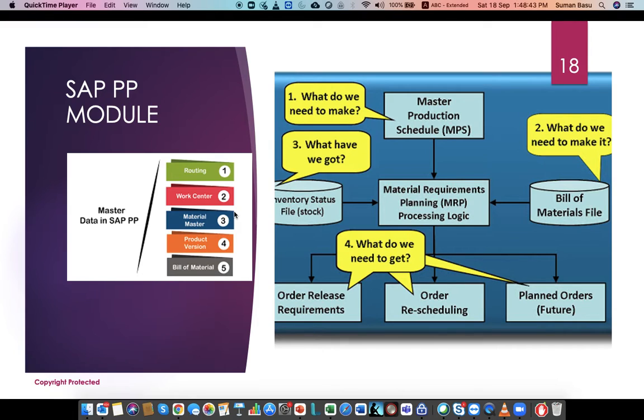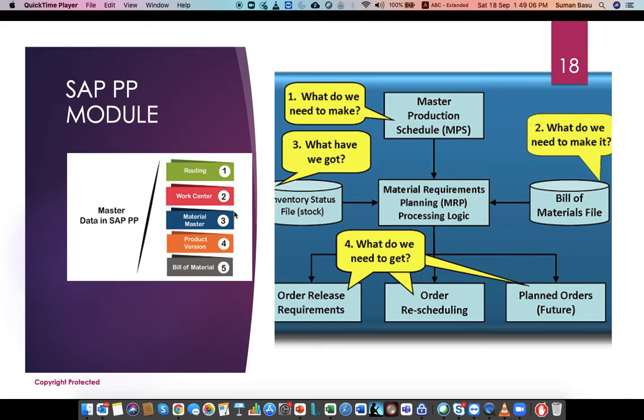And bill of material is also for a given product. If the product is a standard product, bill of material is also standard. You design the bill of material once, and bill of material will contain the material master for the raw material. It will contain the semi-finished material master, and then finally the bill of material of the finished good will be available.